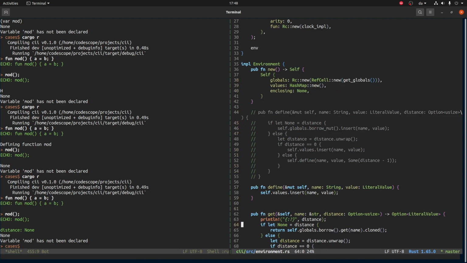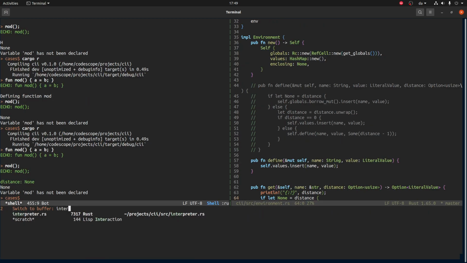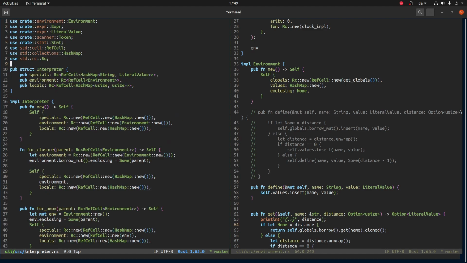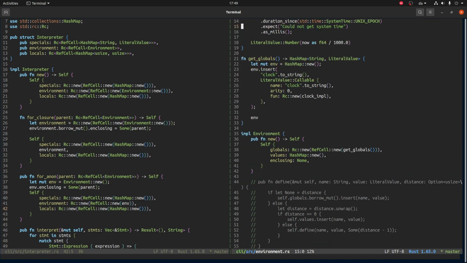Okay. Because the globals, the environment rather, that can be defined, and it is defined in various places, like here we define a new environment, here we define a new environment, and well,